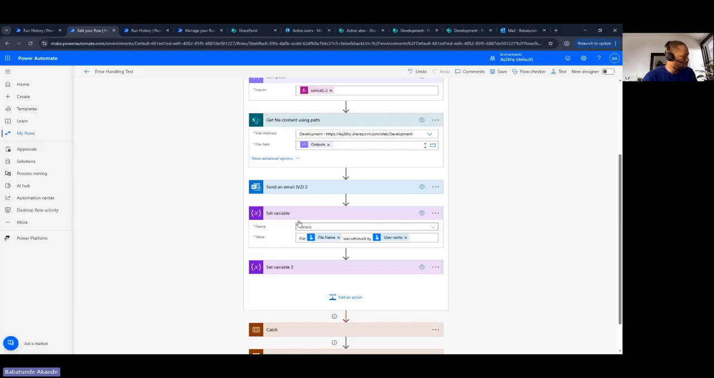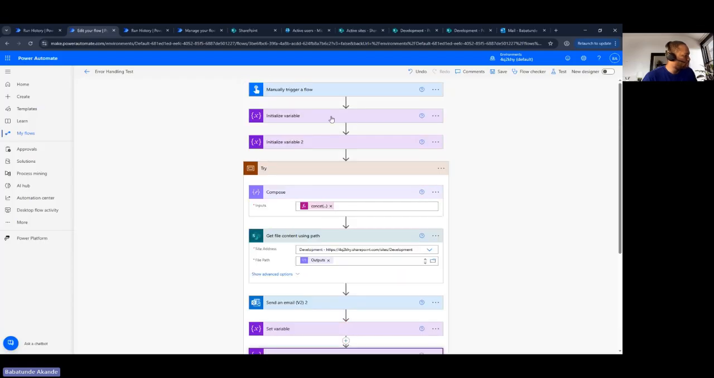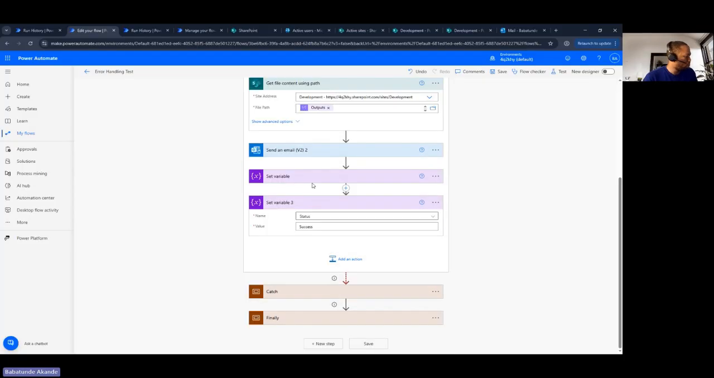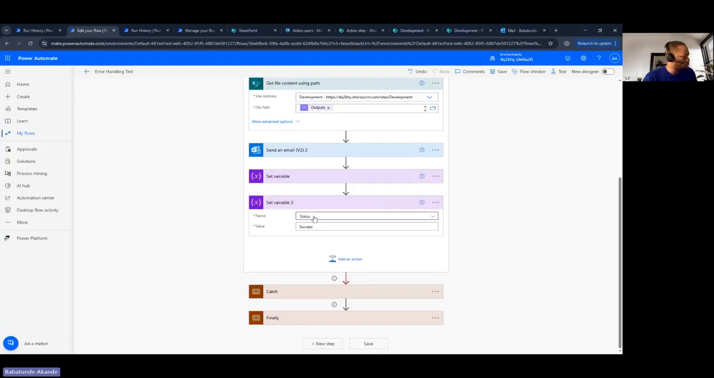And then we are now setting the variable to say, okay, what are the details? So the file, then the name of the file was retrieved by so-and-so person. And then we have this other status that we are also setting. So we had initialized the variable here and it's currently empty. Now we are setting the variable, more like we are updating the value of that variable. So here we are updating the details to this value, and then we are updating the status to this,